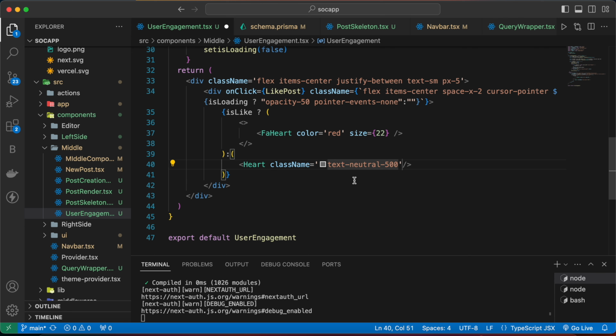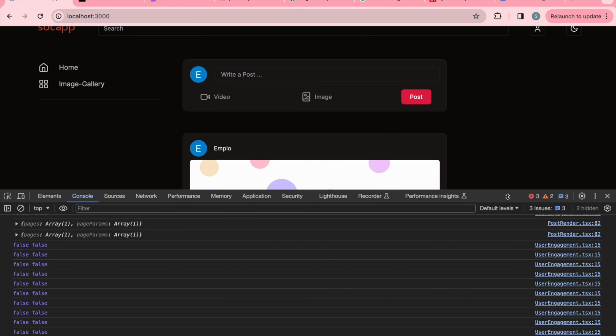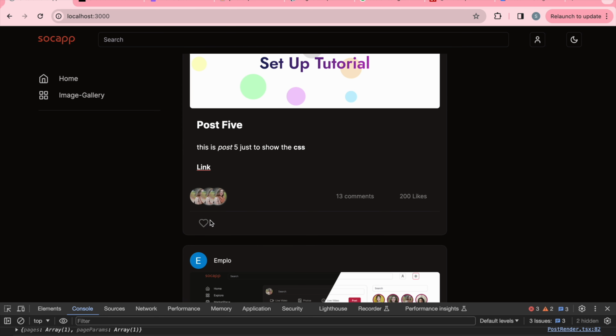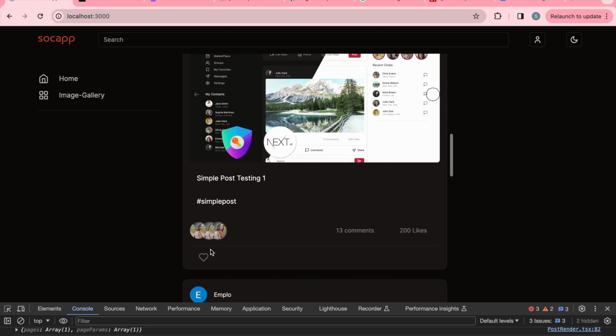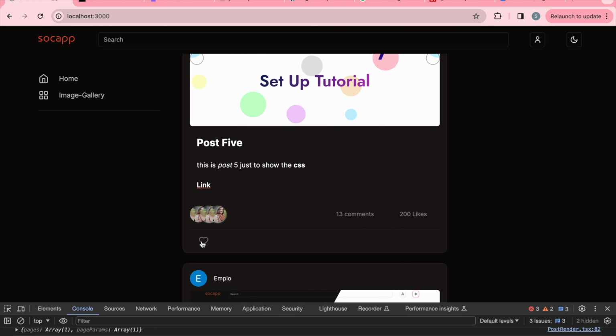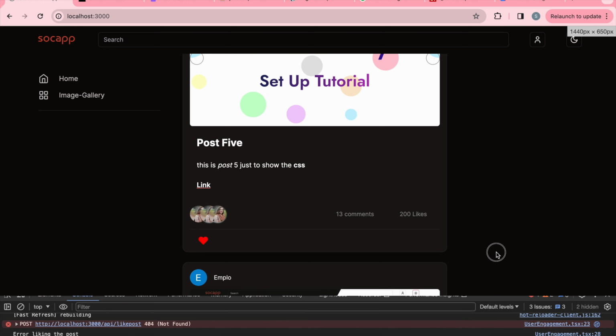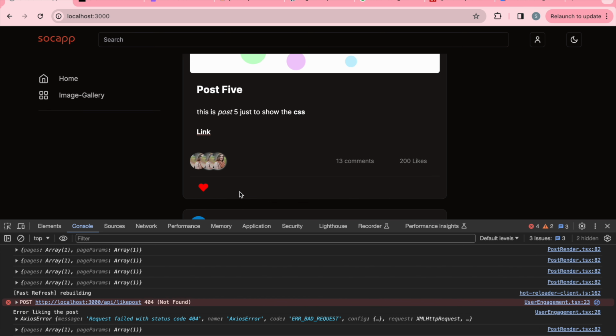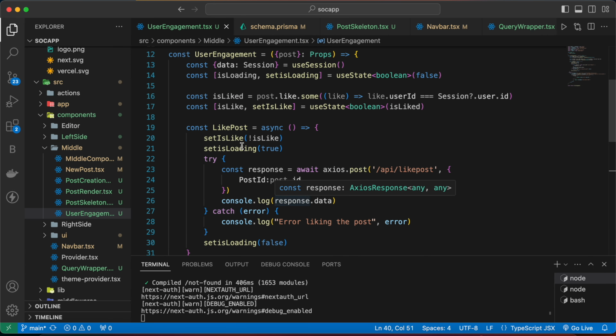Now let's save and go back to our browser, and now you will see we have a like button here. Now if I click on this right now, we will get an error here. So as you can see here that we did not like the post, but still we are showing this. So to stop that, we can